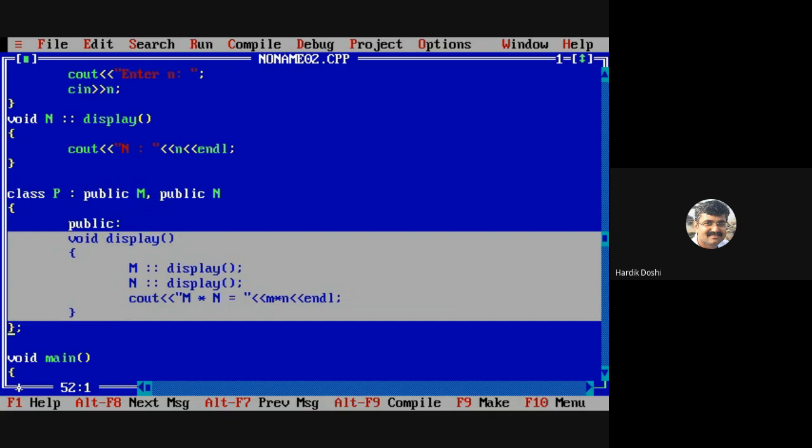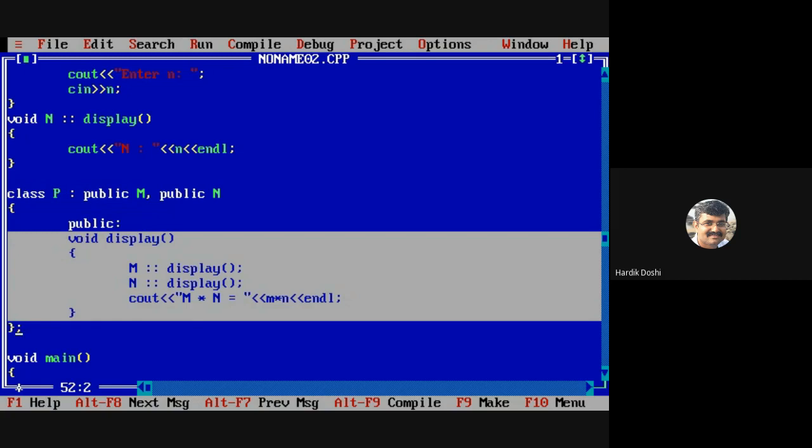P class is having its own display. So when I write P1 dot display, which display will be called? Whether it will be called for your parents' or your child's, of course it will call for the derived, because through which object it is called. So can I say it is overridden from the parent? This is nothing but termed as function overriding. This is one of the concepts of polymorphism.